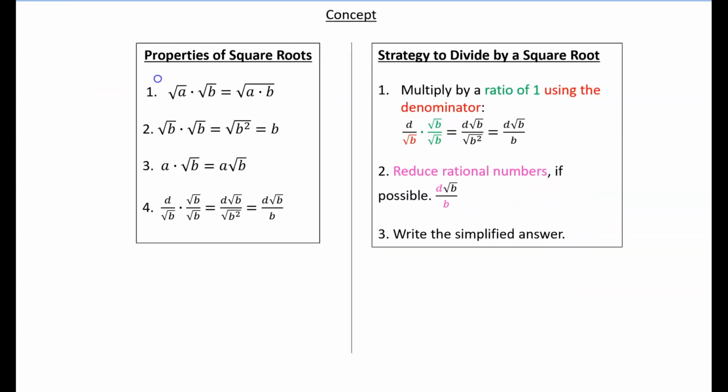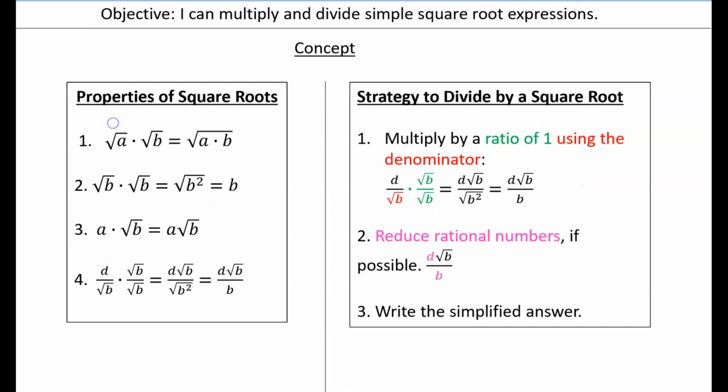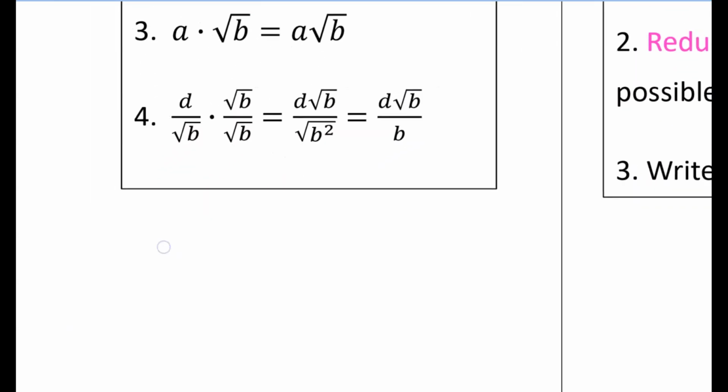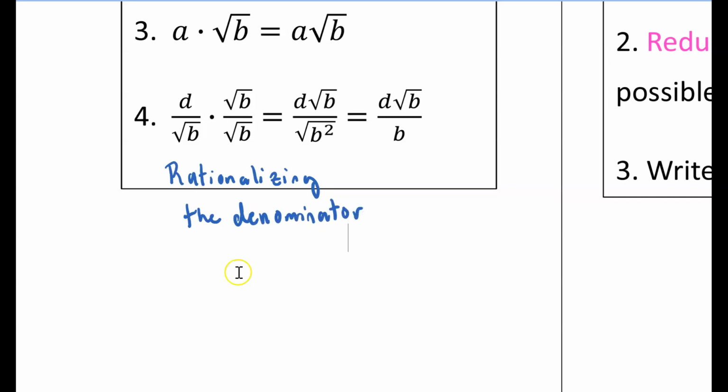All right, next property or next topic that we're going to talk about is division. We're going to divide some square roots. Now we've covered these first 2 properties here. Now let's go ahead and look at property 3 we've talked about, property 4. So property 4 is just called rationalizing the denominator. In mathematics, we cannot have a square root in the denominator because we cannot divide a value